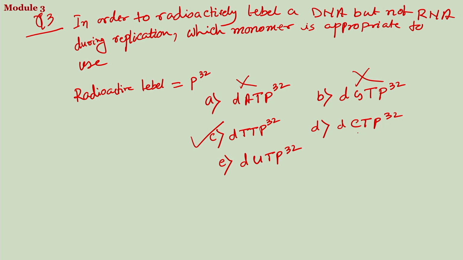CTP, cytosine is present in both DNA and RNA. So, this cannot be used. Uracil is present in RNA, not in DNA. So, if you use this, this will label the RNA and not the DNA. So, this is also not correct. So, you have to use dTTP, then you can label only the DNA target or only the amplified DNA sample specifically or selectively. Question 4